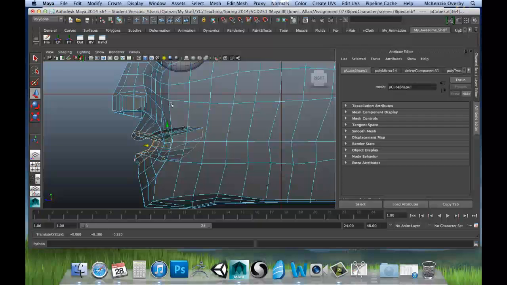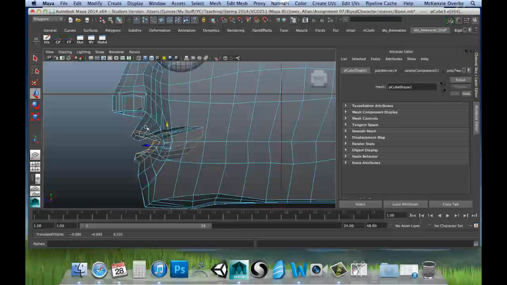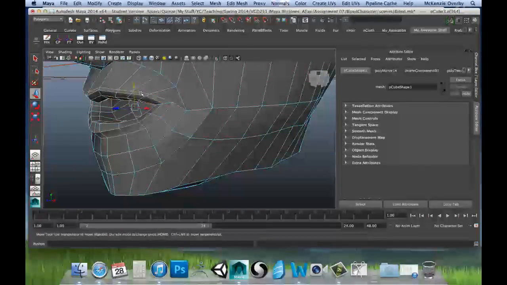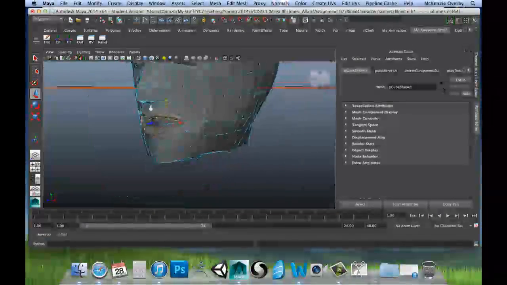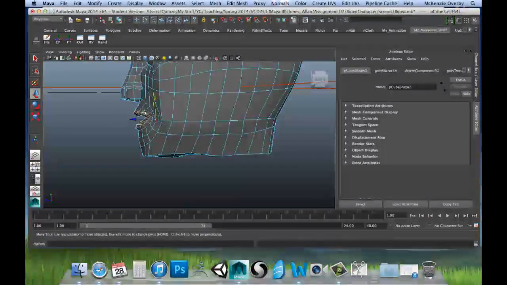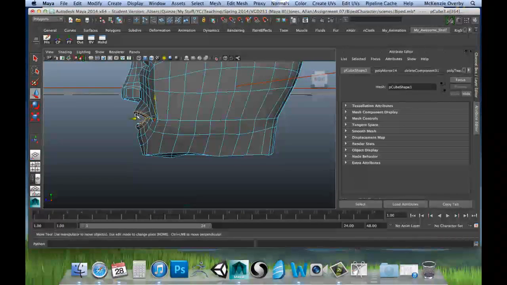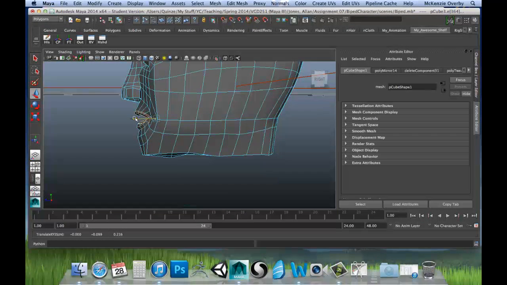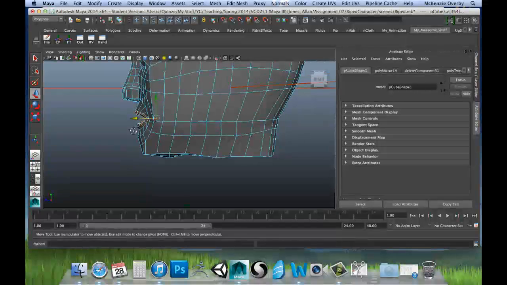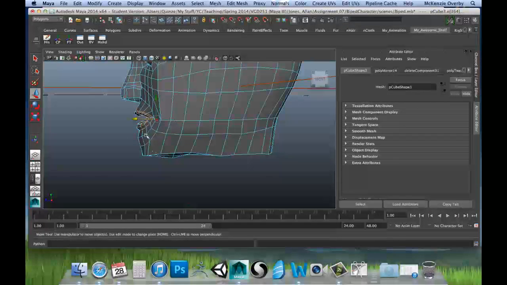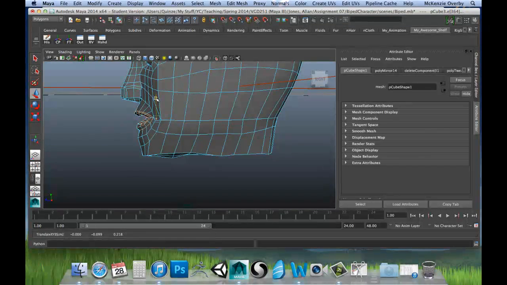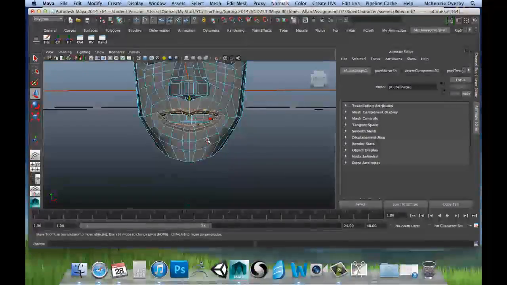And obviously different people are going to have different face shapes, but this seems a little bit more natural for me. Okay. You can even move that in a little bit. Alright. It's going to help your chin shaping quite a bit if you just give your chin area a little more room to work with. Okay. Alright. Now,